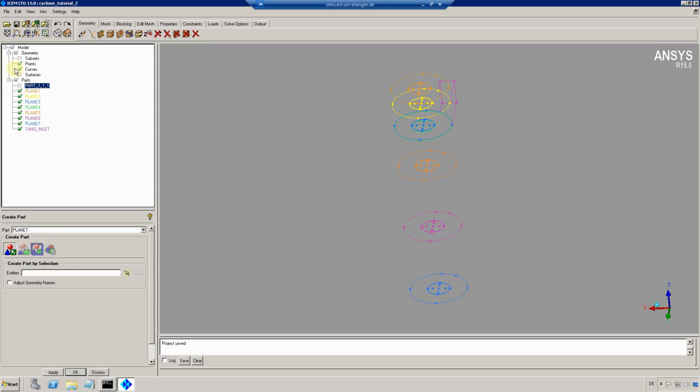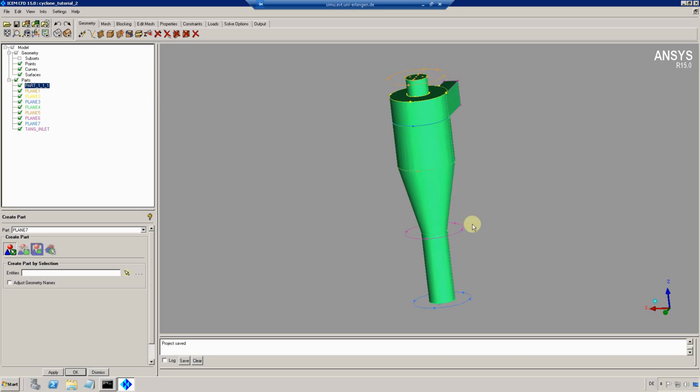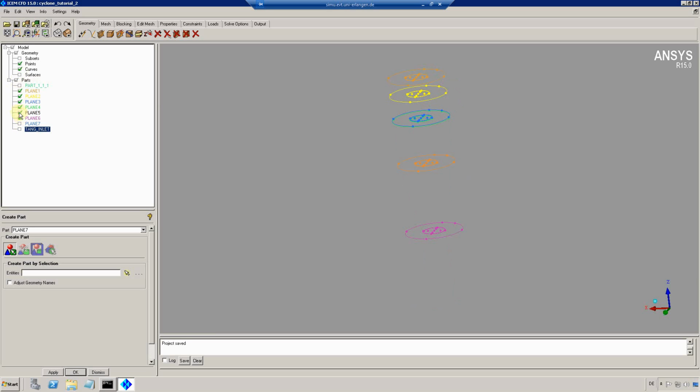Now if we view the surfaces, and I have to turn on part 1, we can see that plane 6 and 7 are below the cone, and they obviously have to be scaled to the right size. So I only view plane 6 at first,